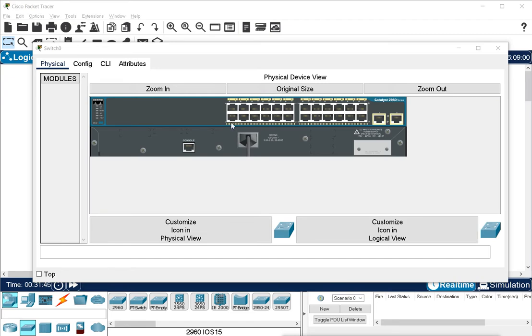And on the back side of the switch you have the power cable, and also you have the console port. Now why is this console port on the back side of the switch? Any switch you use, any Cisco switch you use, the console port will always be on the back side. Why? Because these ports are also RJ45 ports. So users should not be confused between the ports for data and the console port, which is used to configure. That is why they have put it on the back side separately.